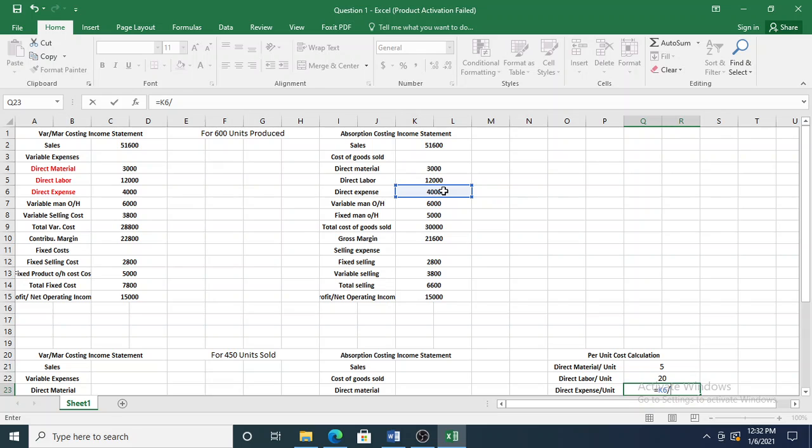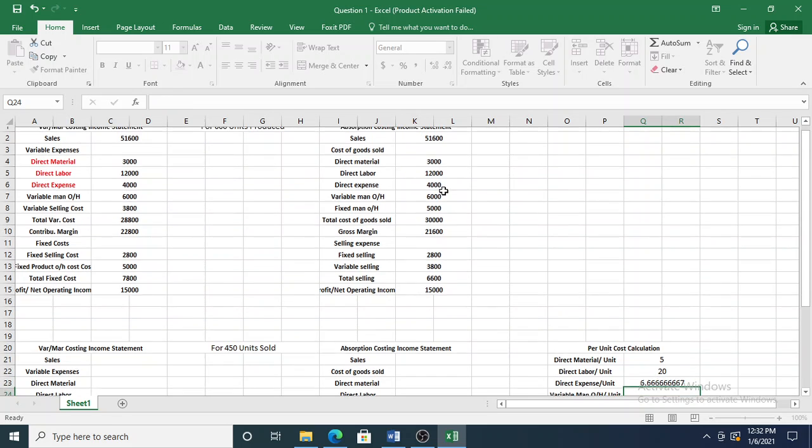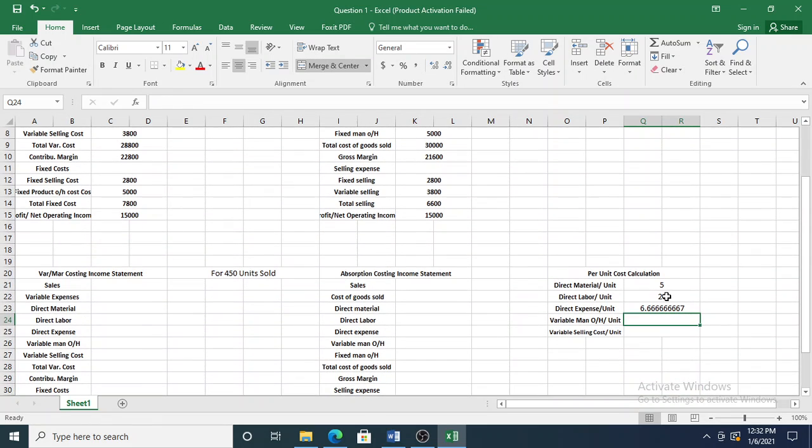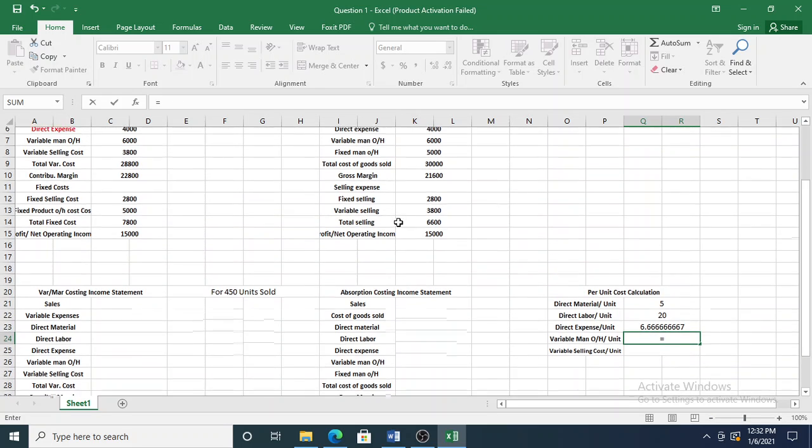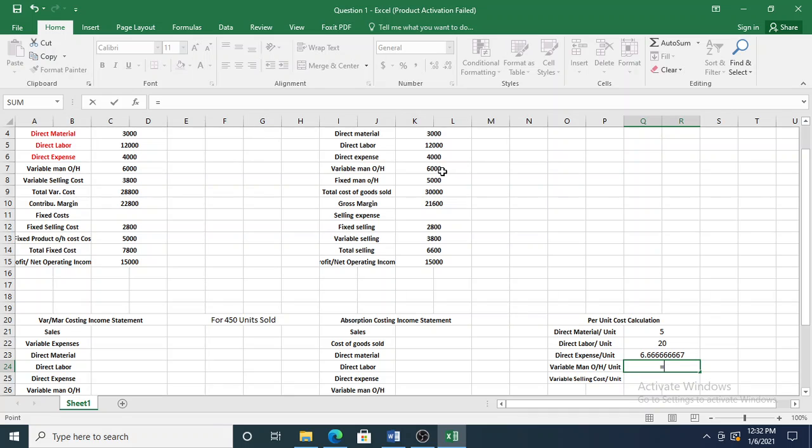We divide this by 600, we get $6.667 per unit. The variable manufacturing overhead per unit. So variable manufacturing overhead is 6,000 divided by 600 gives us $10 per unit, and we have the variable